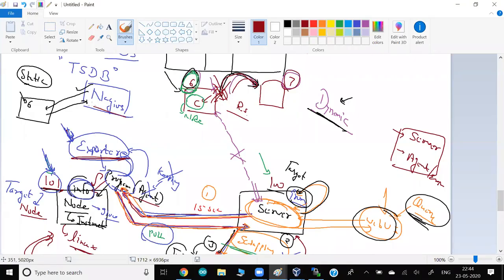If you go for a Nagios kind of tool, it will fail because it keeps on maintaining IP 6. But if you go to Prometheus, it's so smart. It automatically finds that the new system is IP 7, and it starts monitoring this guy again. So it has this facility. This is called dynamic, and typically it is known as service discovery. So it has the support of powerful service discovery.